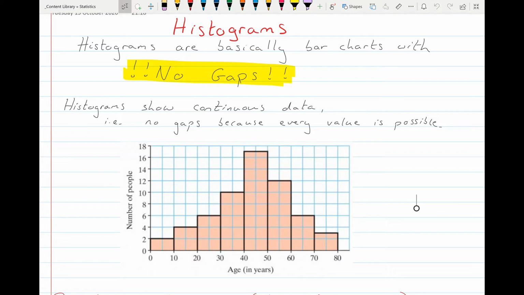So in a bar chart, if we're displaying people's ages, let's say, you would either be 12 years old, 13 years old, or 14 years old, and you'd be in one of those bars. Whereas a histogram allows for more of a spread. So you could be 12 and a half, 12 and 3/4, 12 and 360 days, because it covers the entire